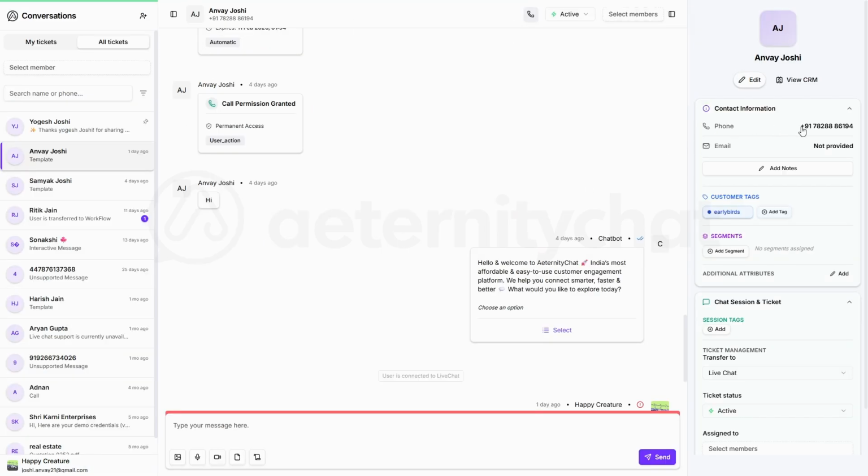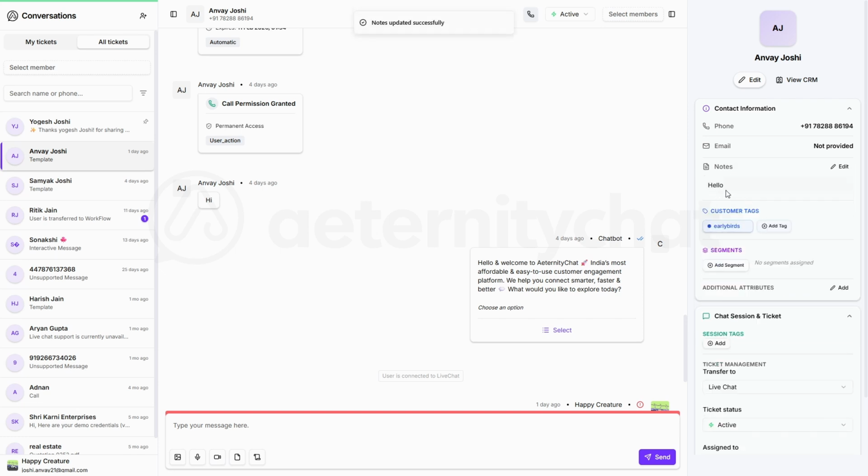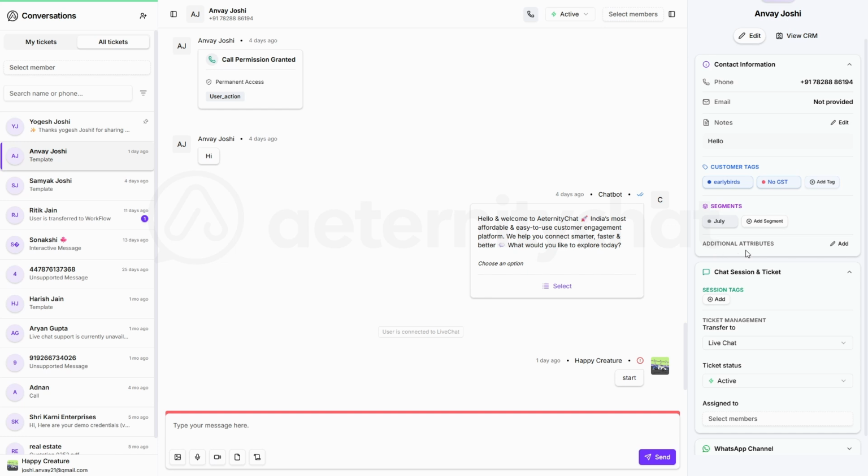Then there's a contact information section showing the phone number, channel ID, or username. Below that is the email section if you have their email stored. Then you have the Add Notes section where you can write notes for the customer and click Save. These notes are saved permanently in their profile. You have the Customer Tags option where you can click on Add a tag and select from the tags you've created. Select the tags and click Apply. You can also assign custom segments by clicking Add Segment and adding that person to a particular segment. You can create additional custom attributes for storing data.